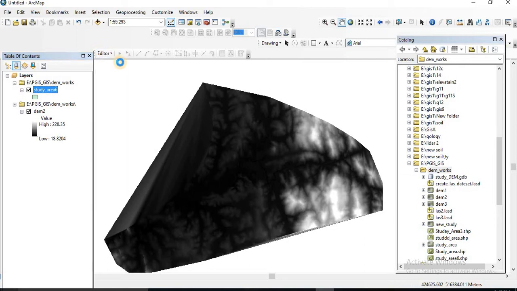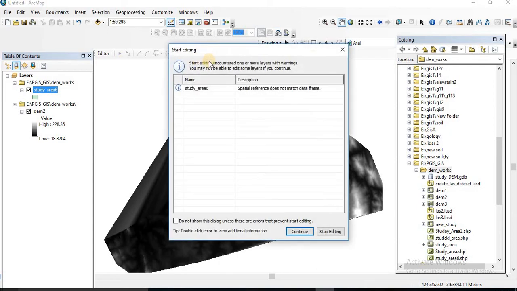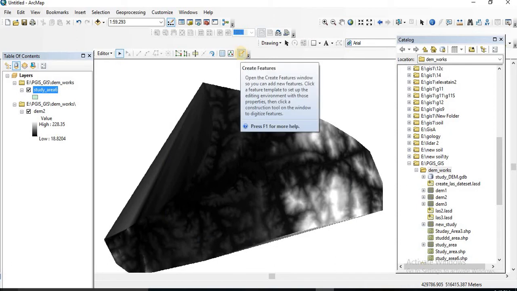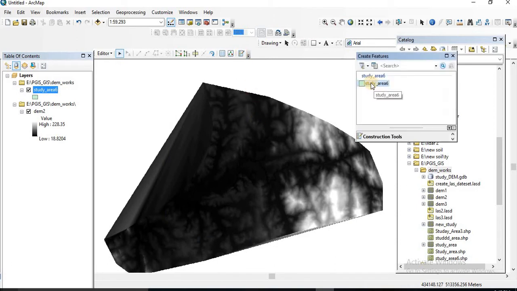Start editing. After that you want to select Create Features and you can see our study area 6 polygon. You have to select this. After that we can create our study area on the DEM.